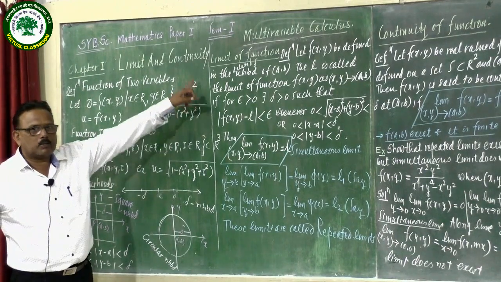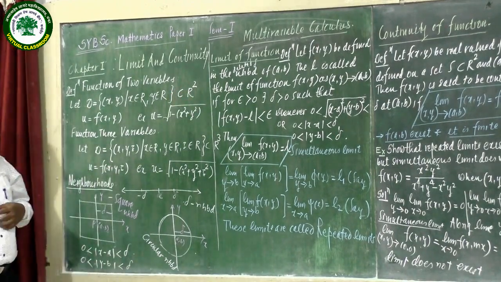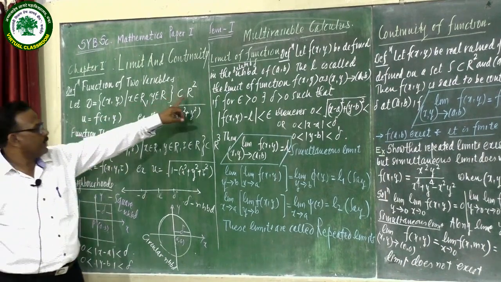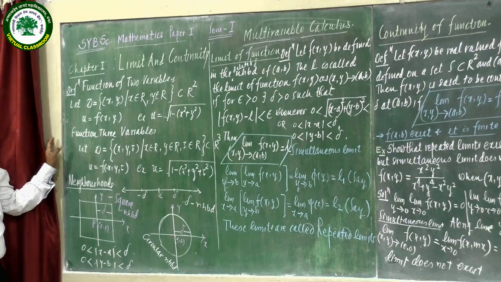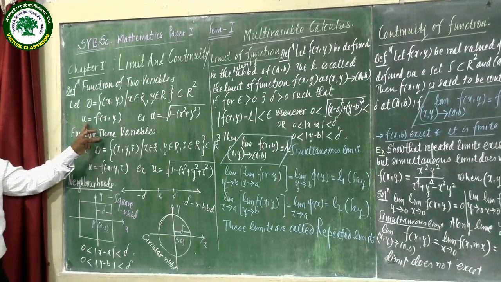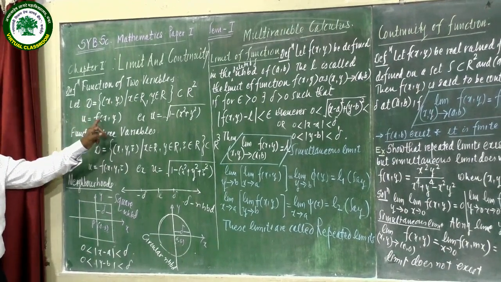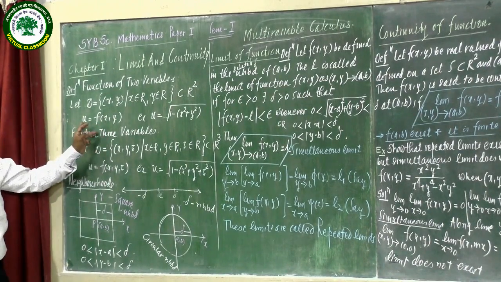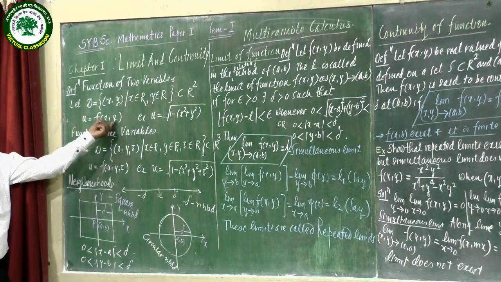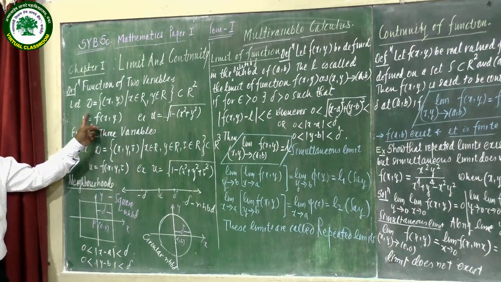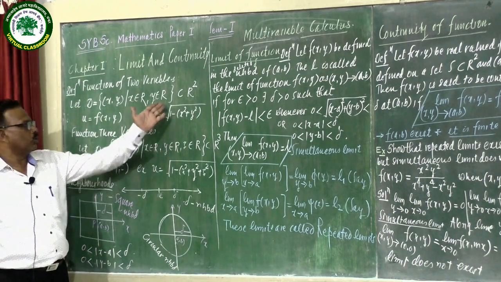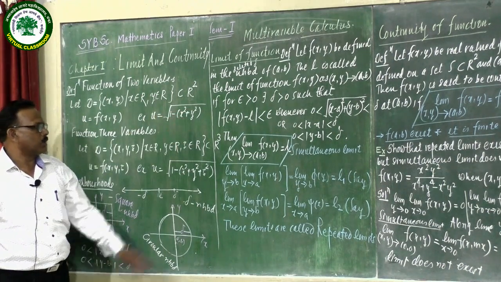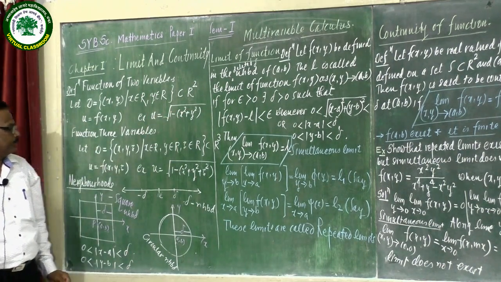of R2, that is in xy plane, or two-dimensional geometry. It is R2, that is R cross R. Here it is function u is associated with xy. That means function f is operated on ordered pair, resulting element is u. It is again variable. For example, u is equal to root of 1 minus x square plus y square. Such type of functions we can consider.